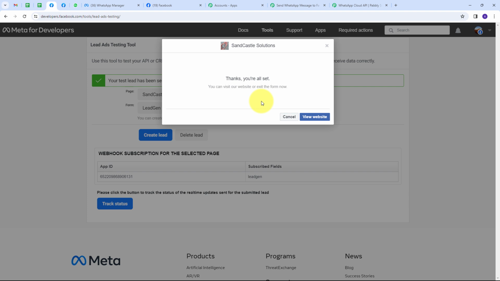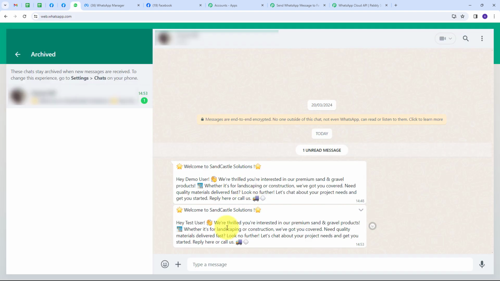Now what should happen is that automatically an automated WhatsApp message should be sent on this particular number from my sand and gravel business. Now to check this, I have to go back to WhatsApp, and here on WhatsApp we can see I have received this new message. So here the name of my lead has been changed, which is test user. So we can see that whenever I'm going to receive a new lead, then automatically the name of that lead is going to get replaced in the place of the variable, and we are going to send that message automatically